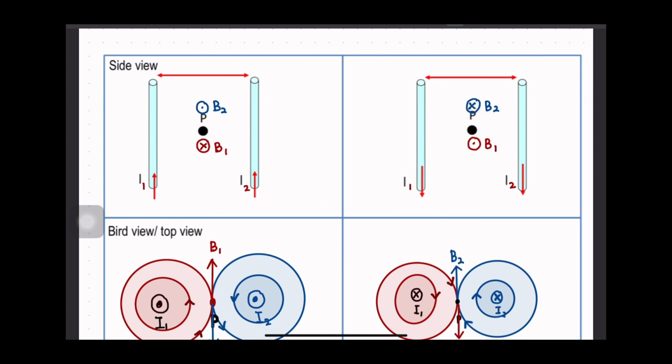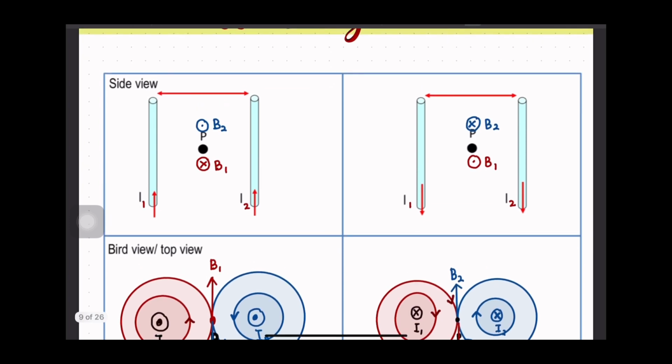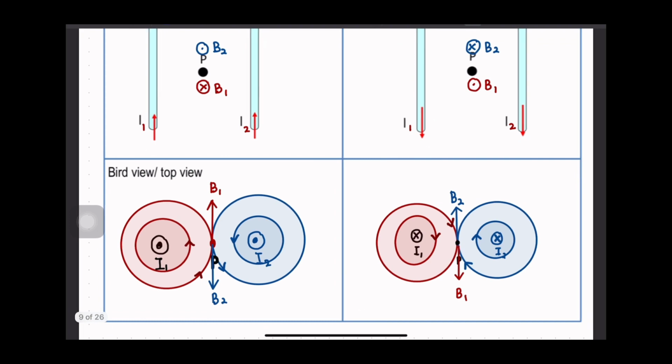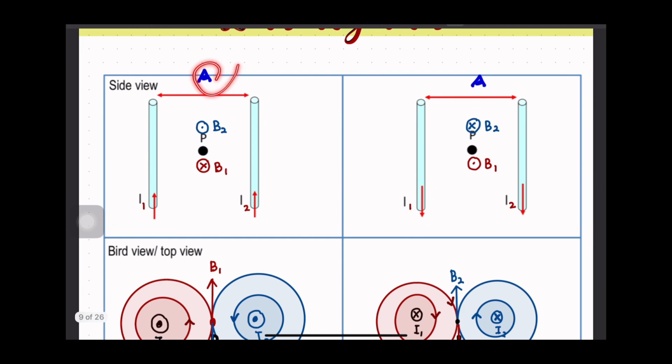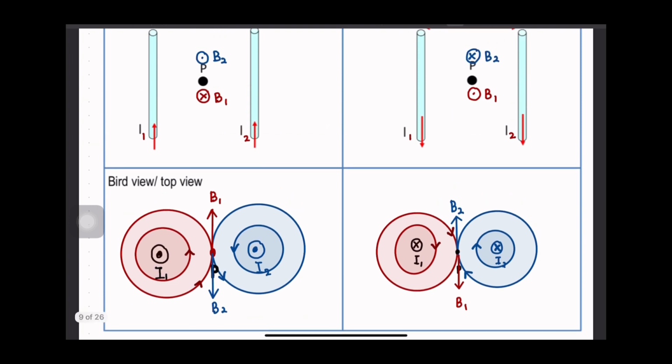So how about the side view, how about the bird view or top view? So you just see from this position. When you see at this position, for the bird view, the current is going towards me, which means out of the page. Same goes with I2, out of the page. And then by using the right hand grip rule, you can see that the direction of B for I1 is